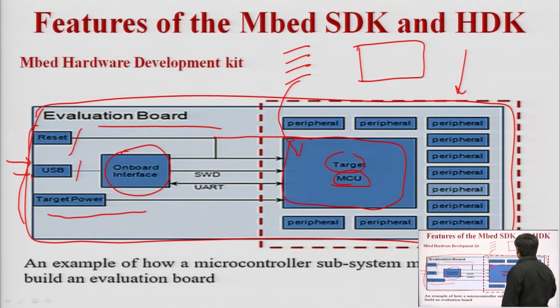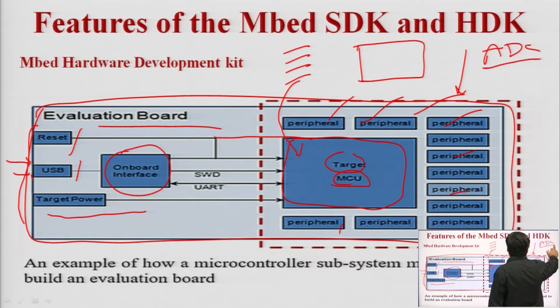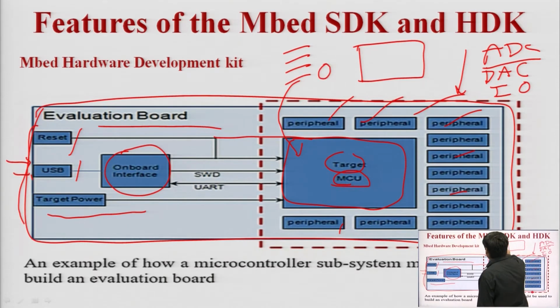It has a peripheral unit, a large number of peripherals. Peripherals means that it has an ADC unit, an analog to digital converter, and digital to analog converters. It has an input unit and an output unit. It has an oscillatory unit and a power unit. So, all the things are available in our IoT embed hardware development kit. So, this is the hardware development kit.